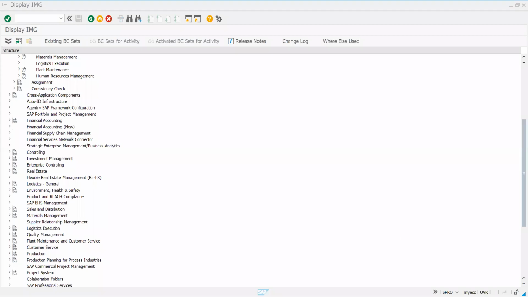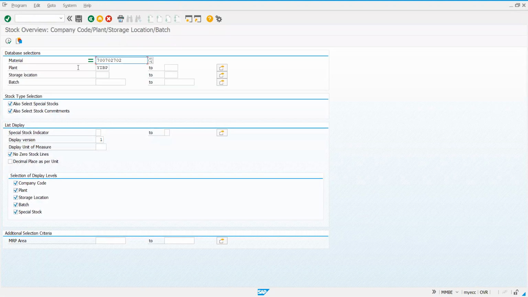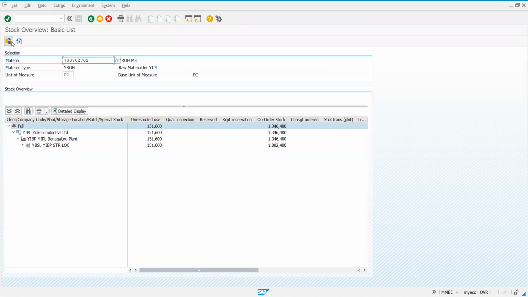As of now, we have seen that we have taken 50 to the other plant. Let me go to MMBE stock overview. So same material, execute. You can see it has got reduced by 50,